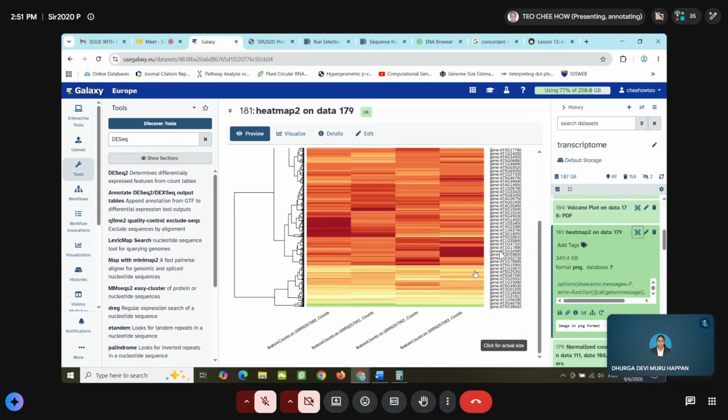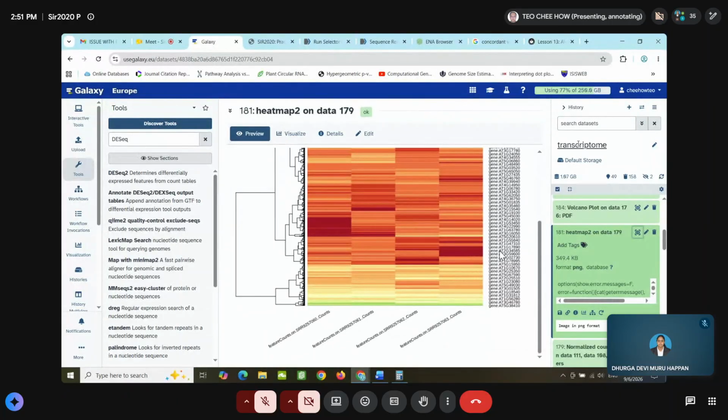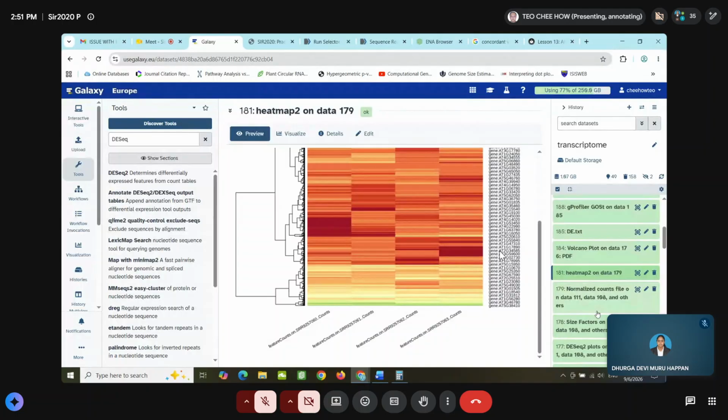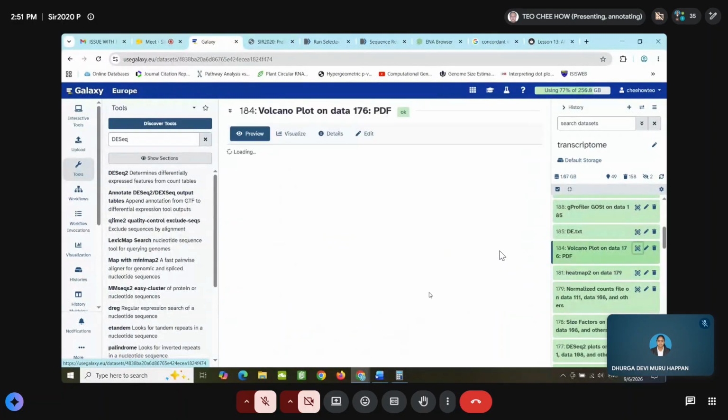So this clustering allows you to identify the genes that share similar patterns within the conditions, either treated or the stress condition. DESeq only plots the MA plot, but usually when you want to analyze and summarize, you put them in volcano plots.